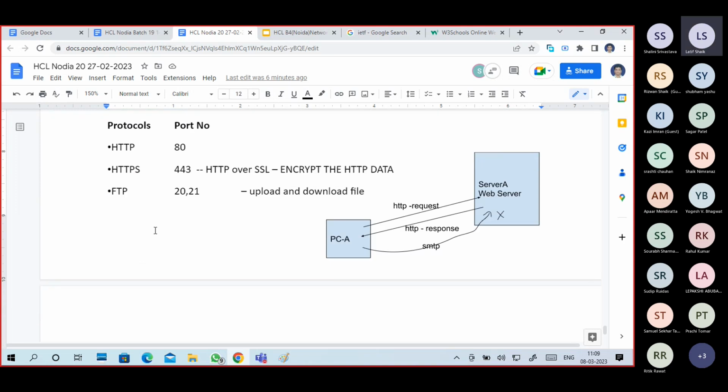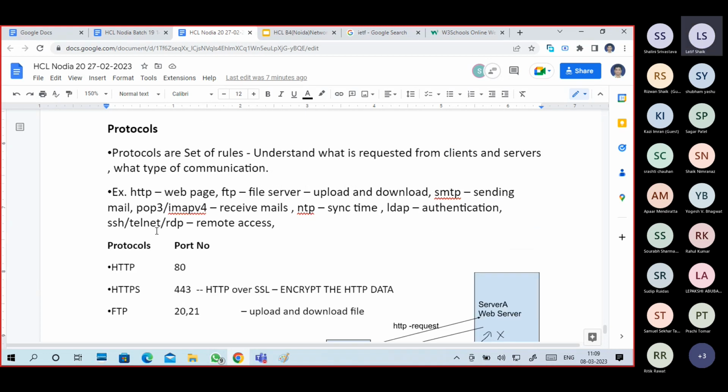Guys, here I mentioned certain protocols and their port numbers. So we understand the protocol, but how to send a protocol through the network? So we use the port numbers. Certain port numbers are reserved for certain protocols. For each protocol, there are reserved port numbers.